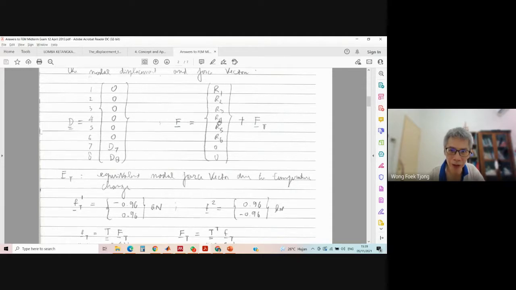The reactions are unknown, so we can obtain the support reactions directly, unlike in the DSM-A. That's the benefit of this procedure. We can obtain the support reactions immediately. This is the benefit of DSM-P, right? And don't forget, because there is the temperature change, we should compute also. This is new, right? Not yet considered in the previous truss.